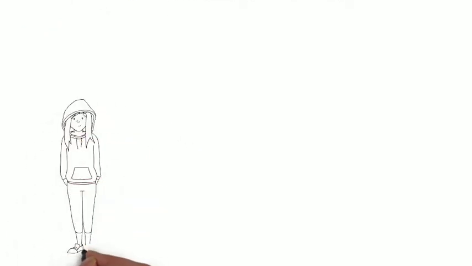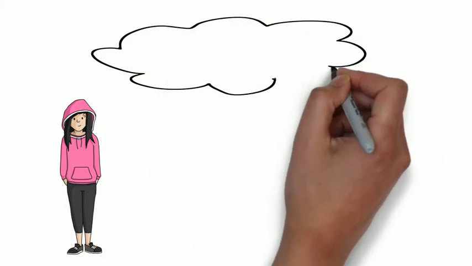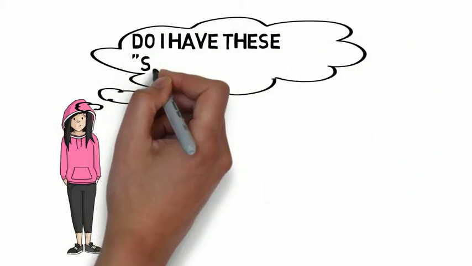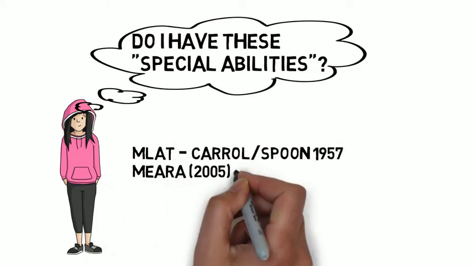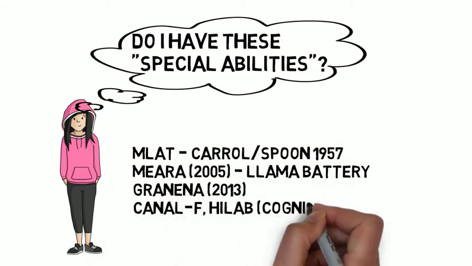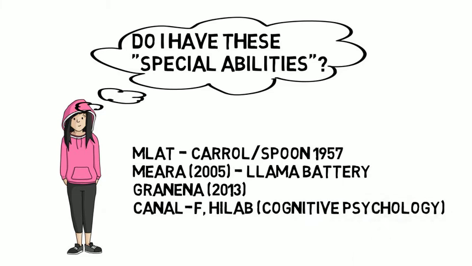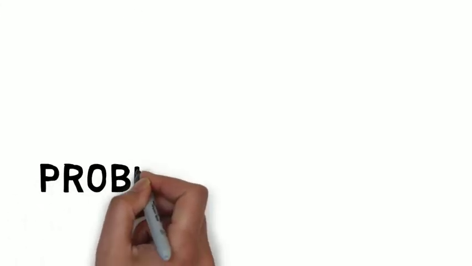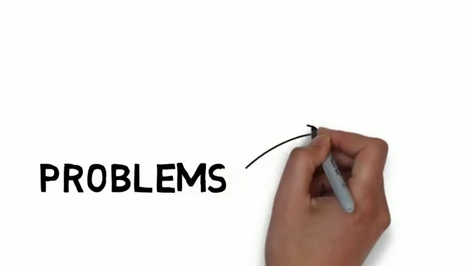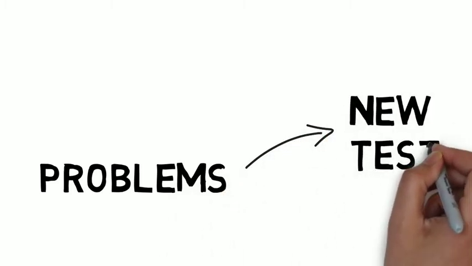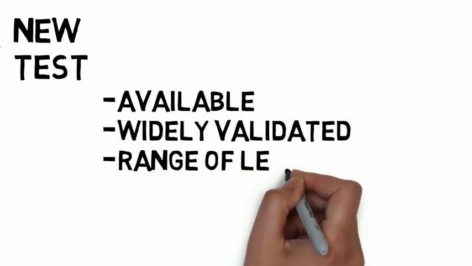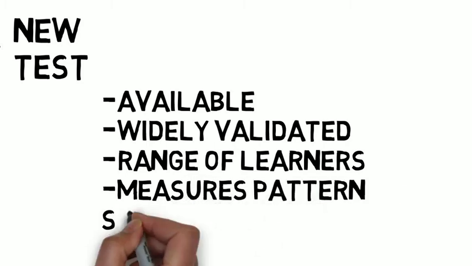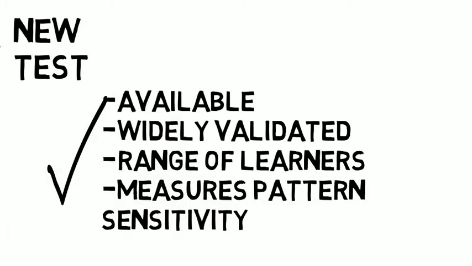Hand in hand with identifying what those components are is the question of how to test whether a learner has them. Over the years, researchers have worked on different tests intended to measure aptitude, with the goal of predicting how fast and well a second language will be learned. In his overview, Skehan identifies strengths in the tests that are available, but also several problems. So, he first issues a call for a new test, one that's widely available, well validated with a wider range of learners, and includes a piece measuring the learner's ability to notice patterns in language.